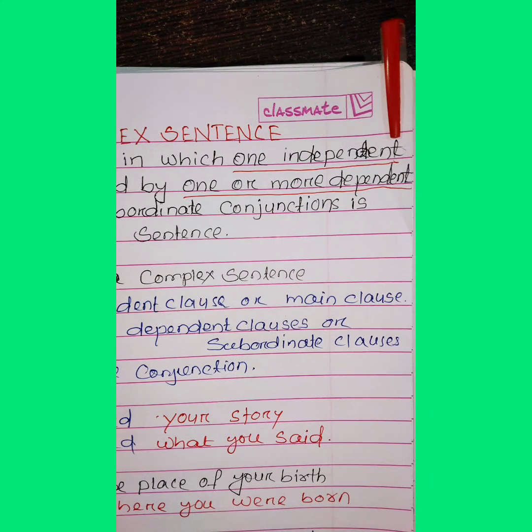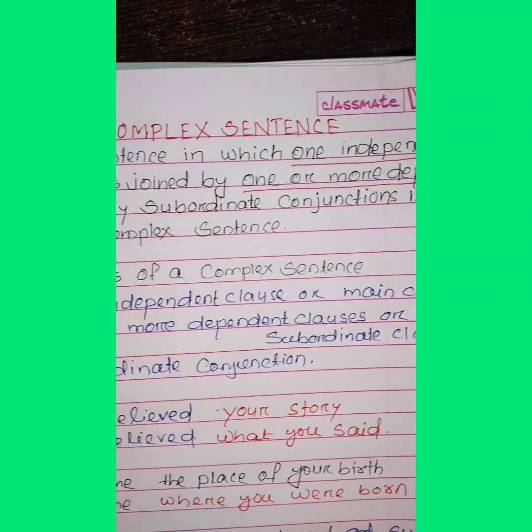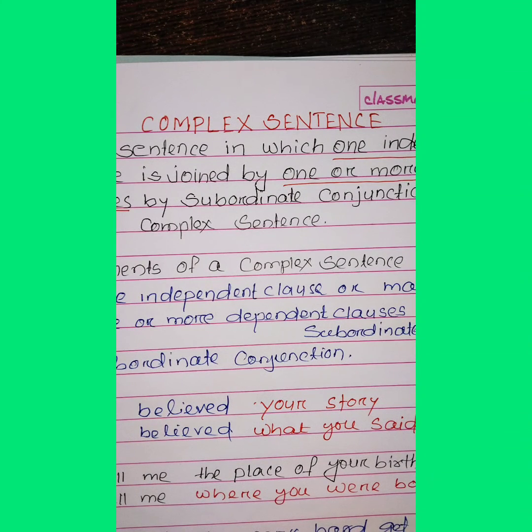What? Subordinate clauses. One independent clause or main clause, one or more dependent clauses or subordinate clause, and the third one is subordinate conjunction. So, a complex sentence is a sentence in which one independent clause is joined by one or more dependent clauses